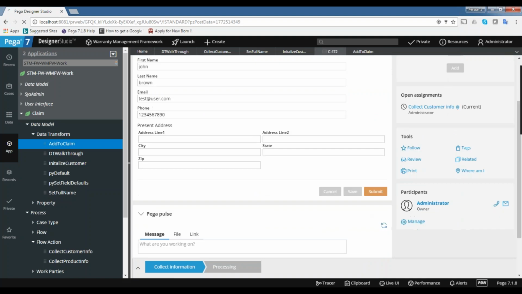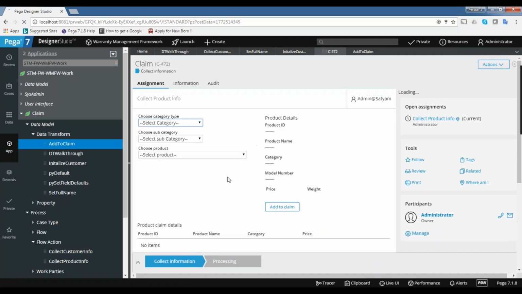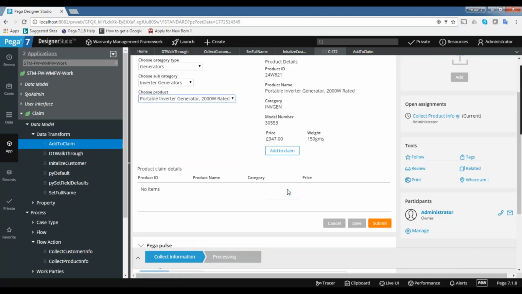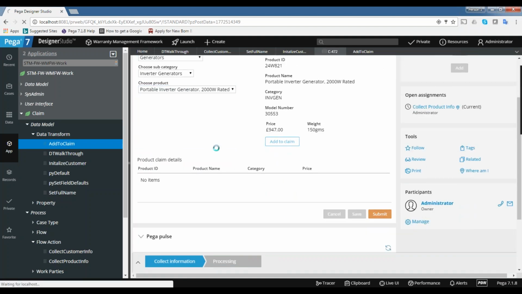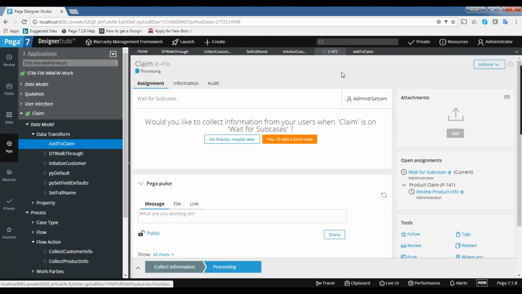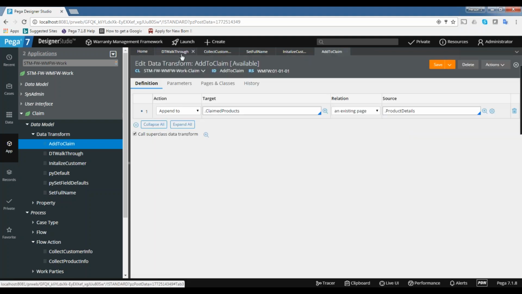Let's click submit. So here, let's say I'm selecting one product. So now this is 947, submit. So the pages will display in the same order. Edit.